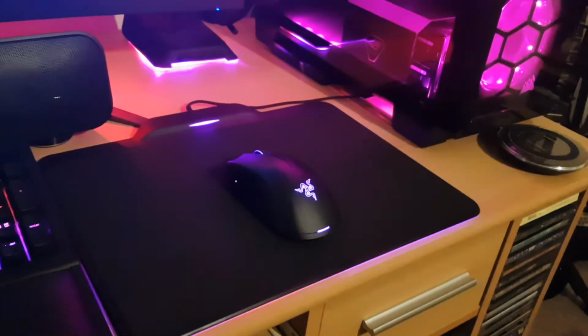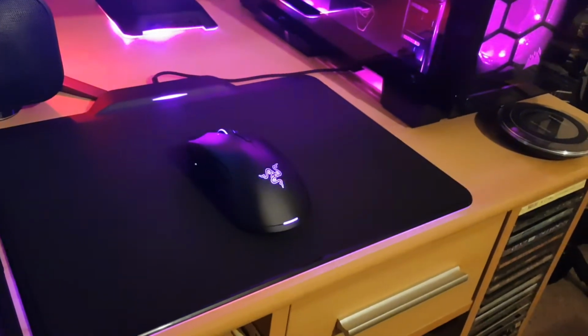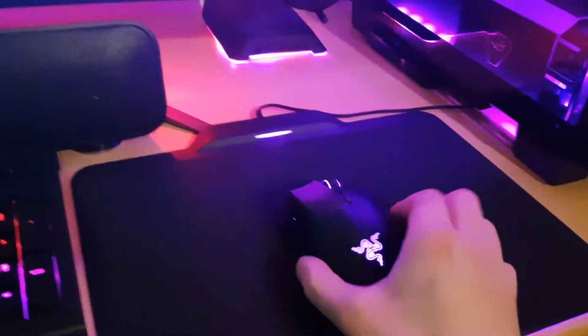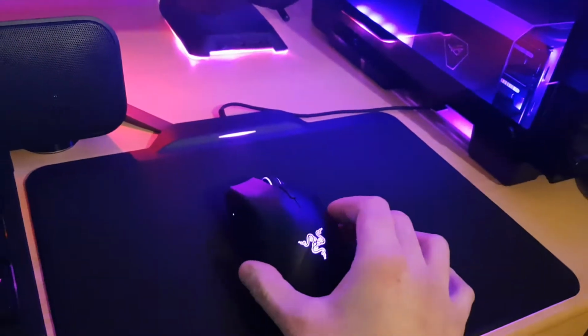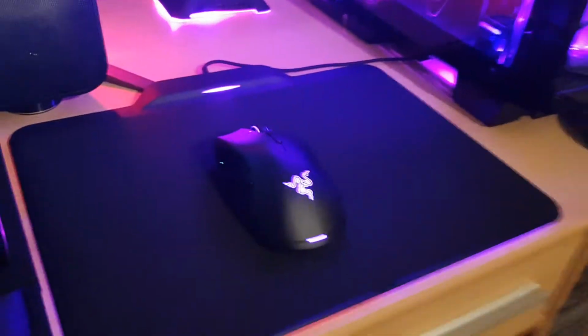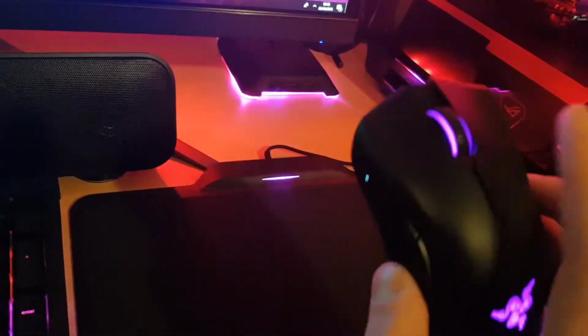I stayed away from the Mamba because I've heard that it's got a laser sensor in it or something. Laser sensor's not good for gaming, so I stayed away from it. And when I found out this has got exactly the same sensor in as the Death Adder, a 5G optical sensor, 16,000 DPI. Why anyone would want 16,000 DPI, I don't know, but it's there. So yeah, it's got your standard switches, obviously,